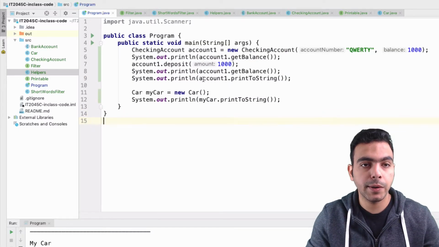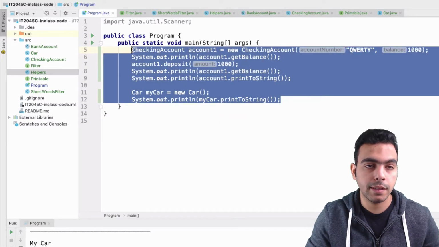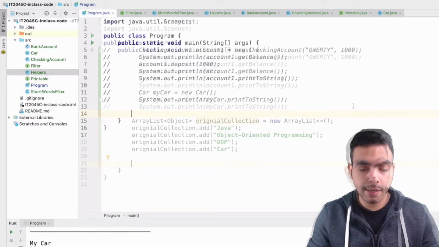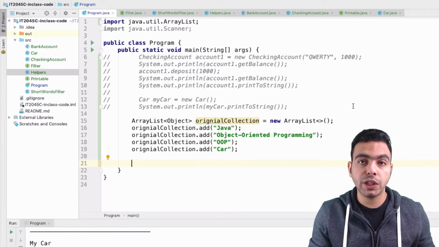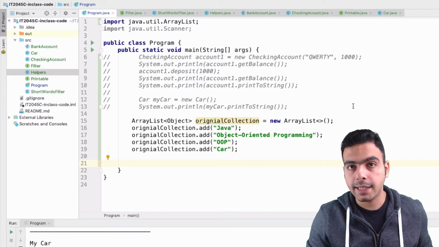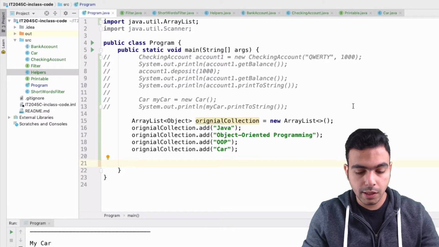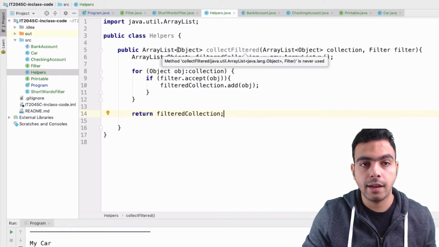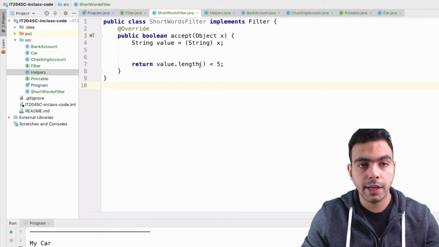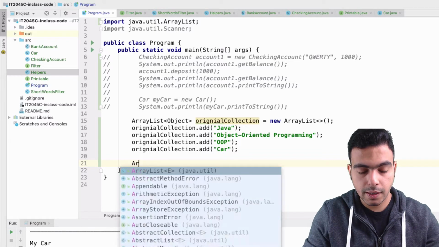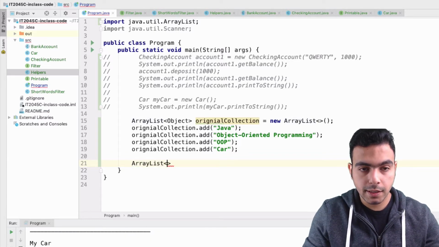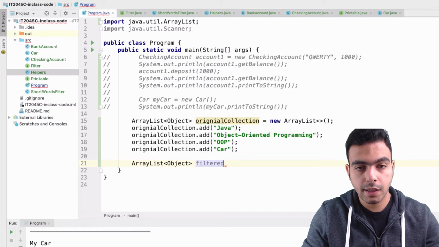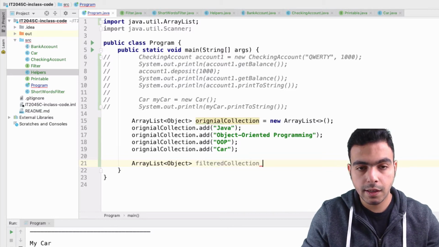I'll go back to my program here. Let's just comment all of that out. And I'm gonna create an array list of strings here. Here we go. Now I'm gonna need to pass this original collection into my Helpers class method, collectFiltered. So we know that this method will return an array list of objects. So I'm gonna create an array list of objects. I will call this filteredCollection, and this will equal